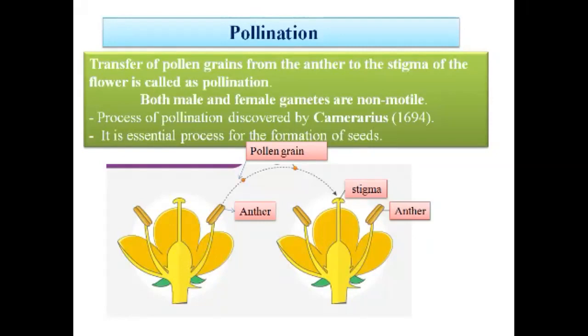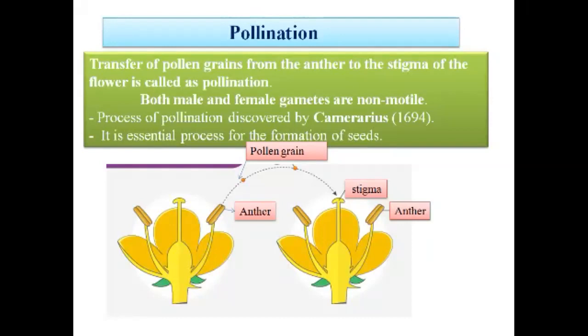These pollen grains are transported to the stigma by wind, water, by some animals, for example butterfly, honeybees, snails, some birds,